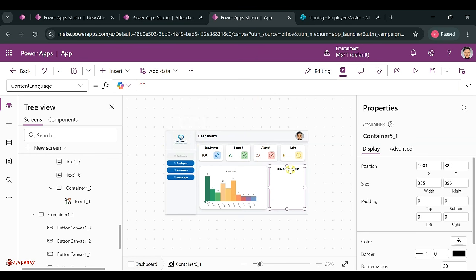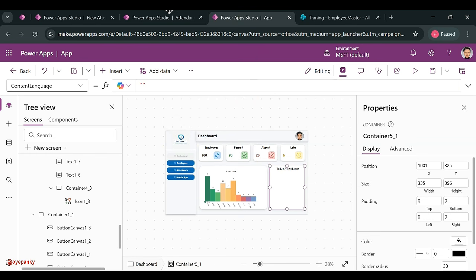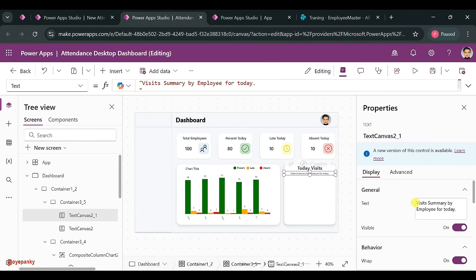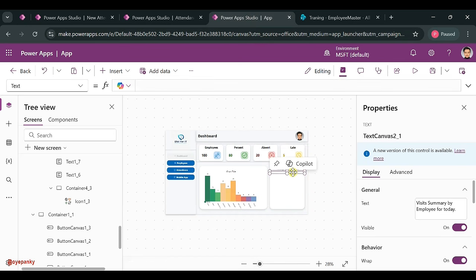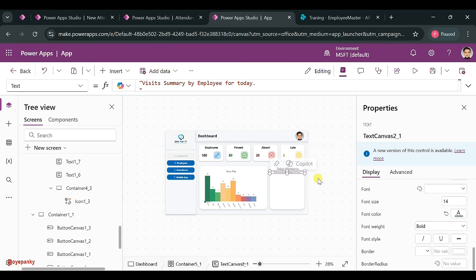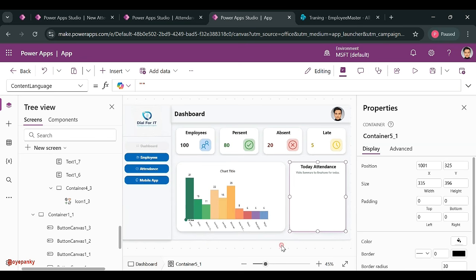Now I need to add here gallery. Okay, so you can add widget summary by employee for today. You can add this type line. Okay, so just let me copy and paste here. This is simple line, and I'm changing the color as gray. Okay, so you can copy and paste the same line. Okay, similar, so you can create the same line,